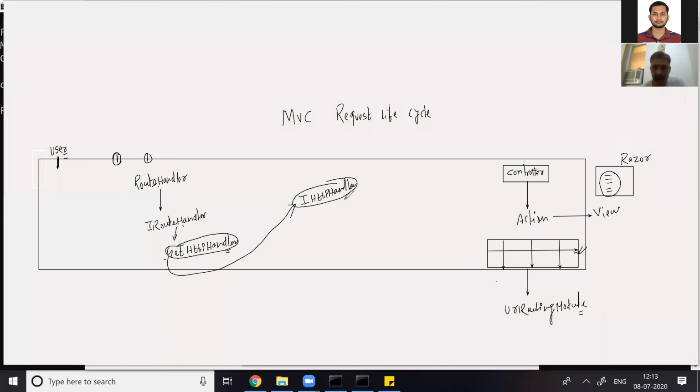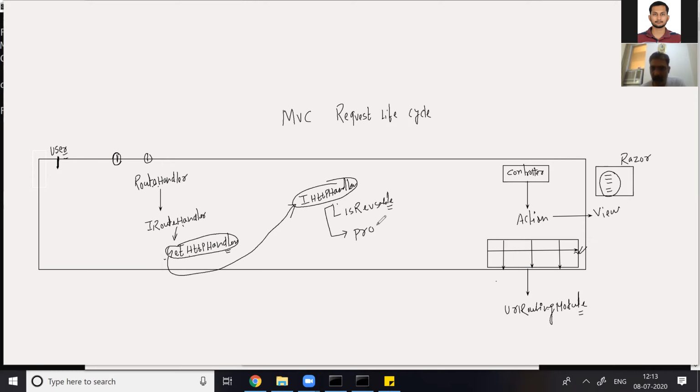And this interface has a property called IsReusable, a boolean get or set, returning true or false. And the function in this interface is ProcessRequest.